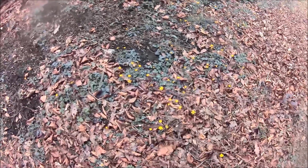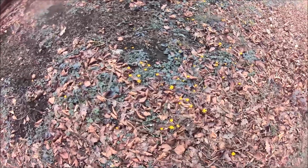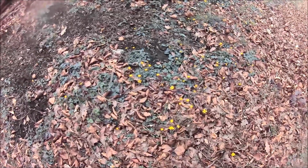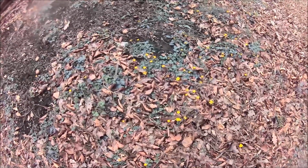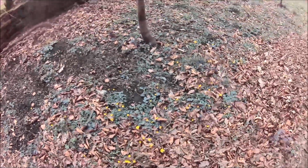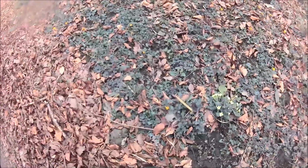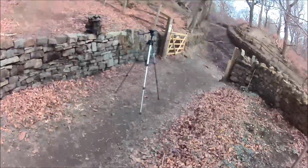We have lesser celandine flowering. Lesser celandine is a flower of the buttercup family, and there you can see it. It's a very early flowering plant, really distinguishable, like a buttercup, with heart-shaped leaves, and we'll be covering that in a few videos that follow. Moving on down, we have ubiquitous stands of primrose. So just in this little space, even though it's early spring, Sunday the 29th of March, as you can see as we look up